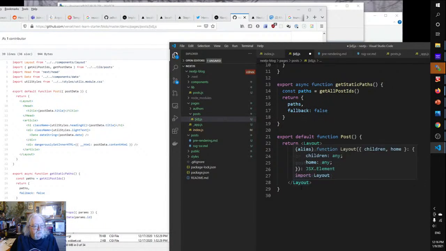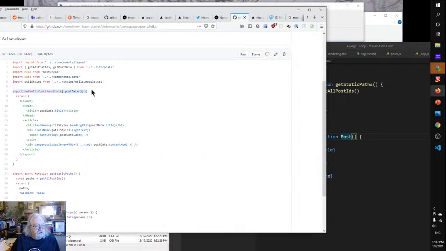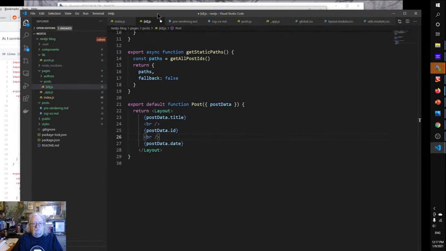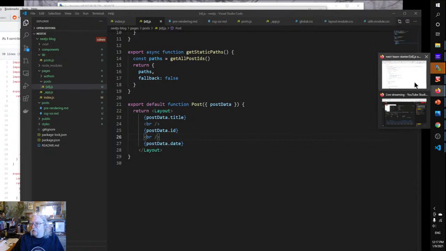Well, mine looks quite a bit different from his. Look. Export default function post with post data. I pass post data to it, but here, export default function post, I haven't passed post data, and that's why you can't find it. So, post data, that should do it. Control S to save, and we'll come back to our page,